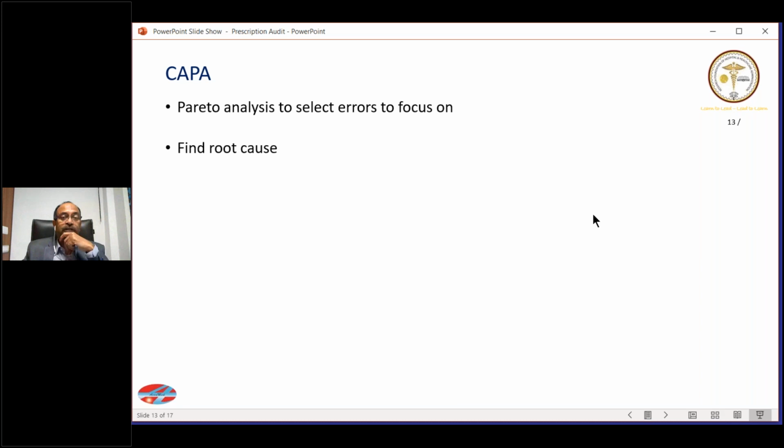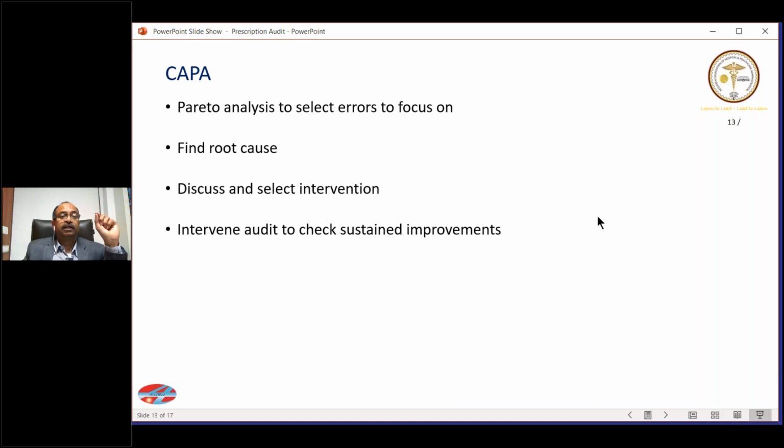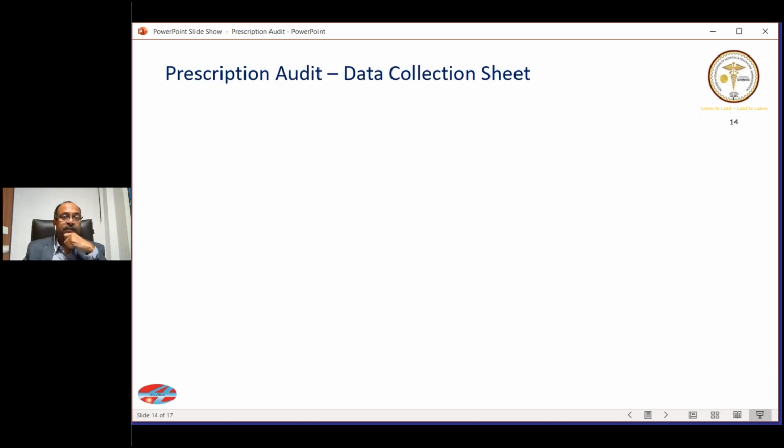and we do a root cause analysis for each of those reasons, and then do the intervention, and then do a re-audit to check that the improvement that we carried out in the month of September last year is continuing to be implemented in the hospital. And sometimes we need to carry out training for people so that they are able to meet the requirement of correct prescription. Now this is an example, but okay.